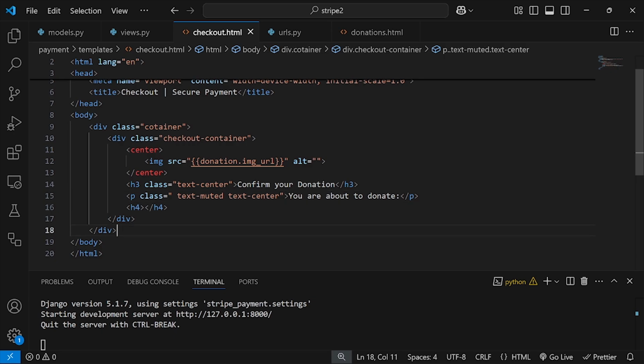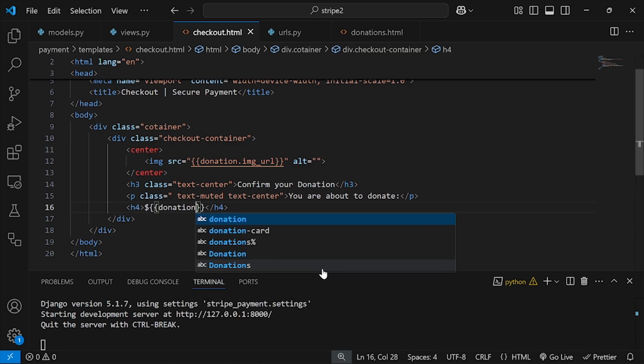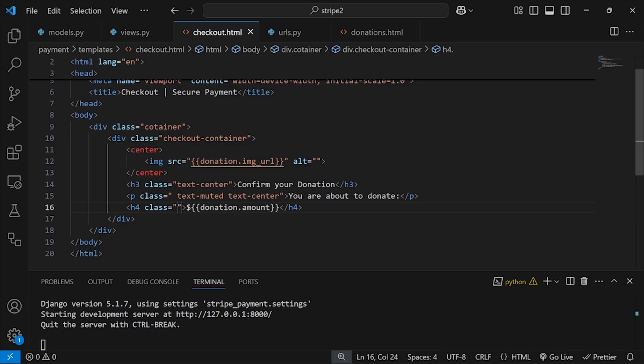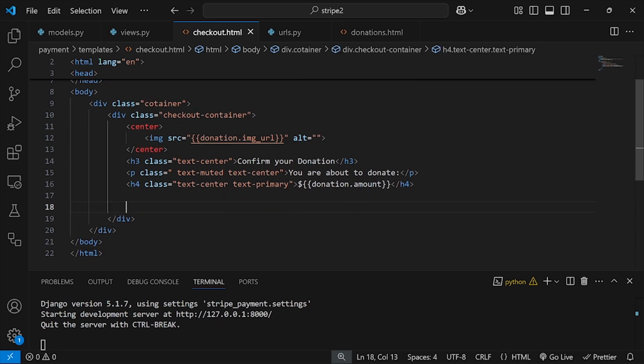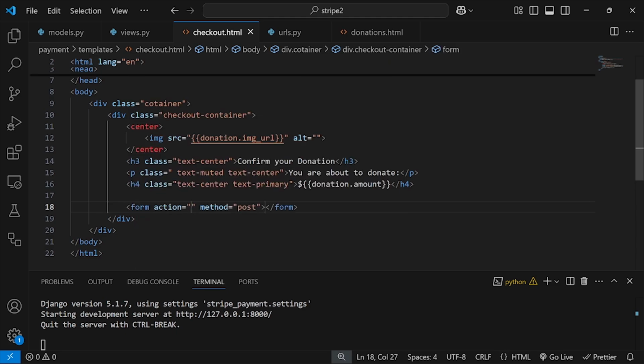So the next one that we have, this h4, will contain the amount in dollars. So I will say donation.amount, and here is going to have a class as well. Now text-center and also text-primary like this. Then what else do we need? So here, after this checkout section, there's going to be a button for confirm or continue to proceed to payment. So that button is going to be under a form. The method is going to be POST like this,